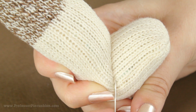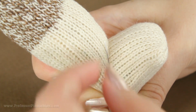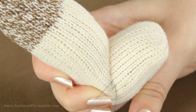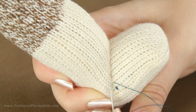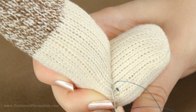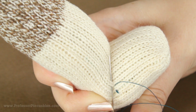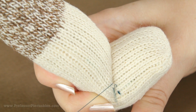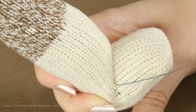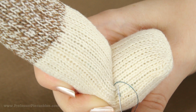I'm going to start down here at the bottom. Just grab a little bit, and I'm using a contrasting thread so it's easier for you to see. So you can see I'm on the foot portion, and now I'm going to grab a little bit of the leg, and you try to get as close as you can to where the crease is. That way it'll hold its shape a little bit better, and then pull it. Now I'm going to grab a little bit of the top of the foot